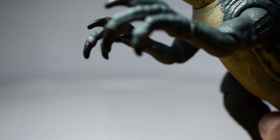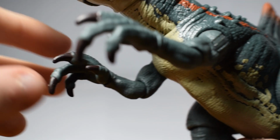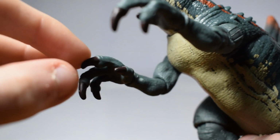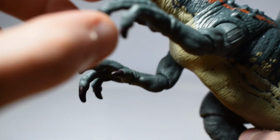It's got some nice colours, you know, it's got the spine that makes it a Concavenator. It's based off the Fallen Kingdom model, so it's got the 4 fingers, even though it should really only have 3 fingers. So actually the hands look a bit like the Scorpius Rex's hands, which I can actually show you. So yeah, I'll show that in a minute. But if we put it back over here,